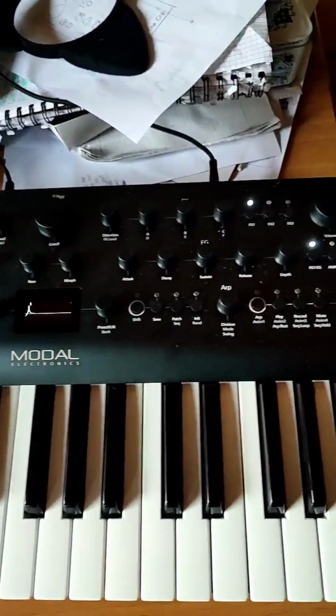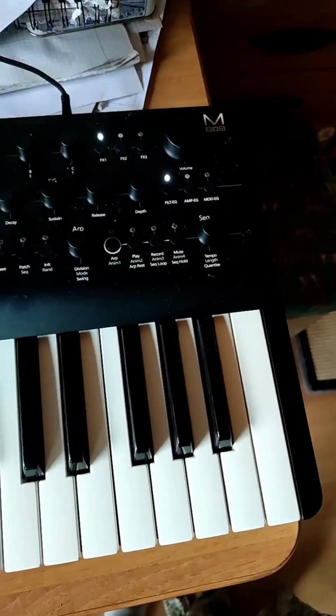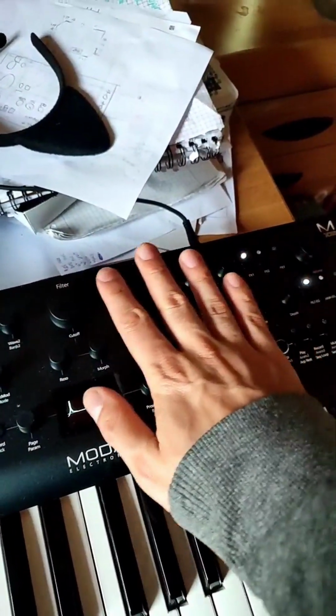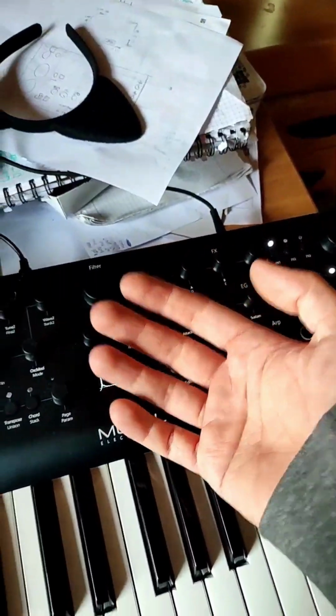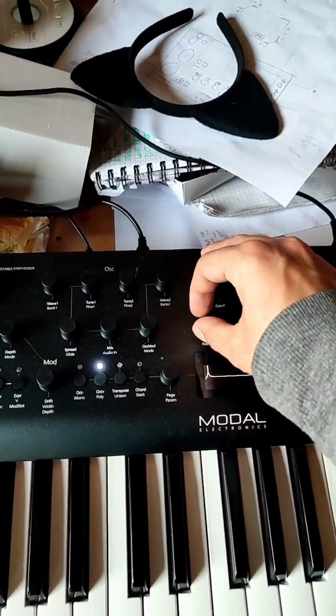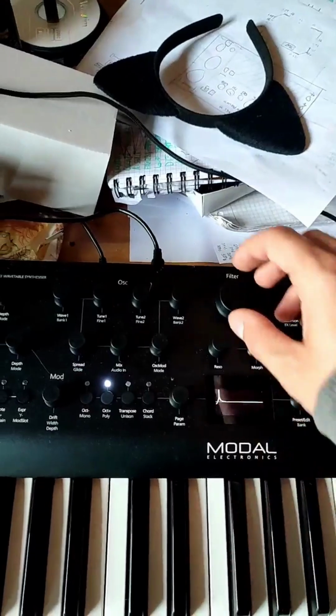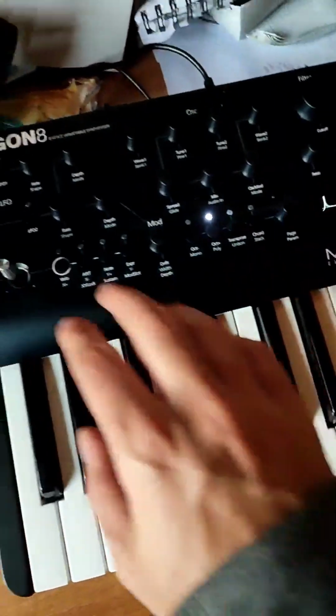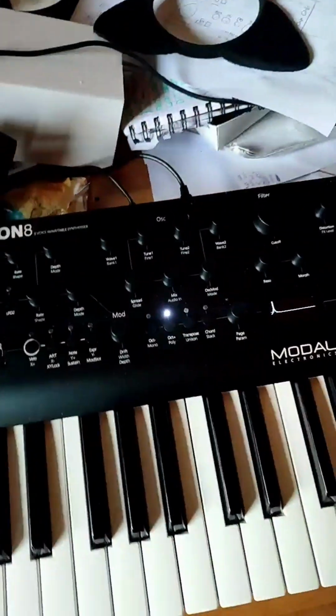I can already see one of the advantages of having hardware, which is that you can use multiple hands, which I cannot demonstrate here because one of my hands must hold the phone, but you can use multiple hands to touch the knobs, so you could maybe modulate cutoff and resonance at the same time, or you could play the keys and change the joystick at the same time,